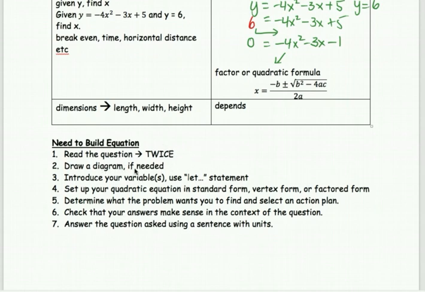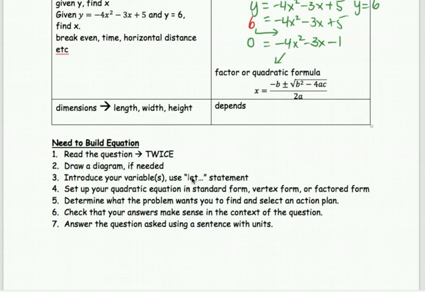I didn't emphasize this enough in the other videos: always draw it, visualize it. If you know where the y-intercept is, draw that out. If you know which way it opens, up or down, you should be able to make a rough sketch of what you're analyzing. From there, when you are going to build equations,